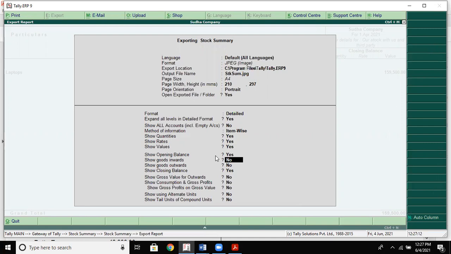Show goods inwards, actually no. Closing balance should be shown, yes.